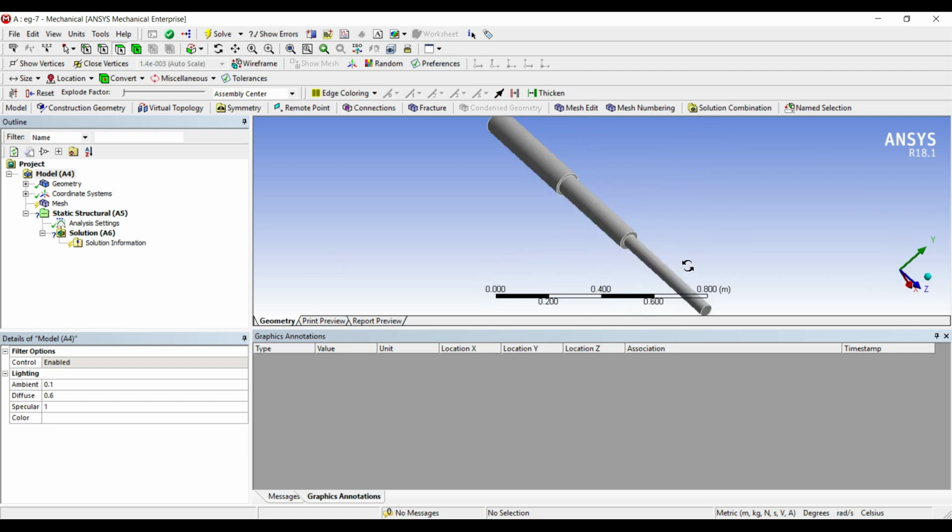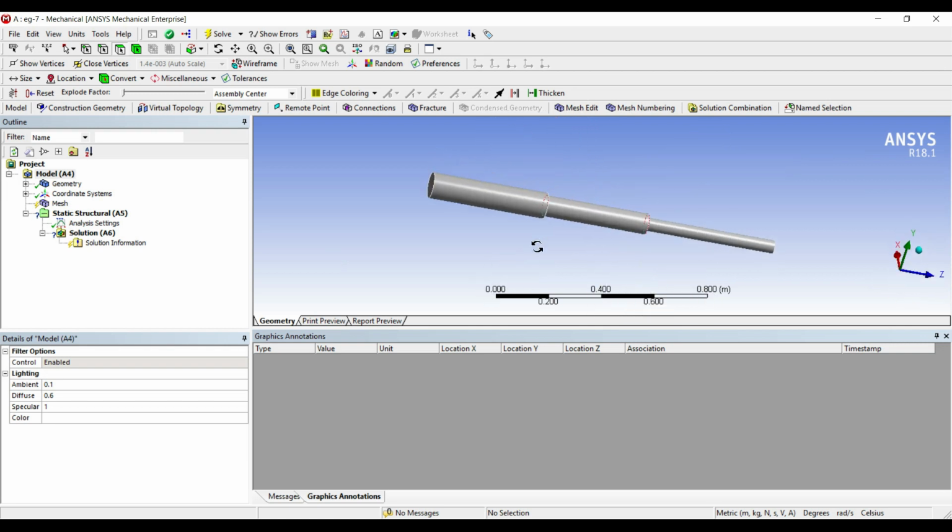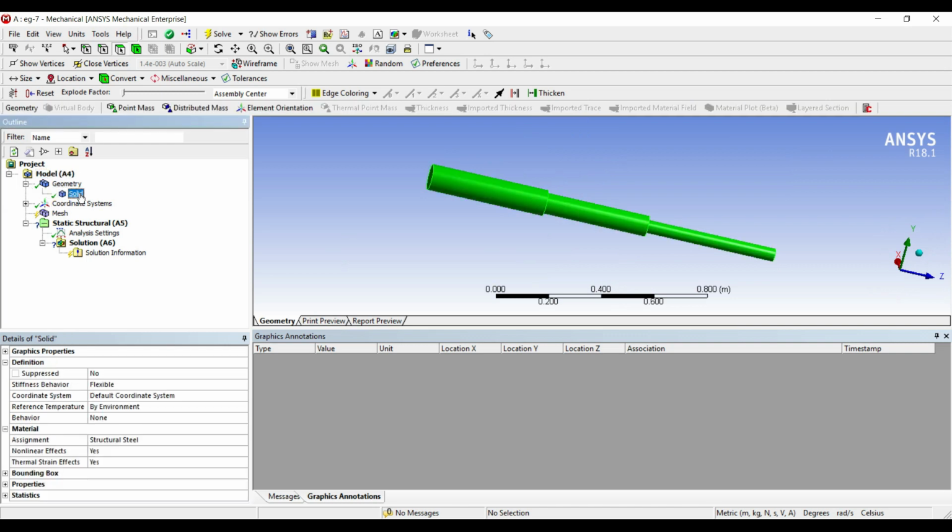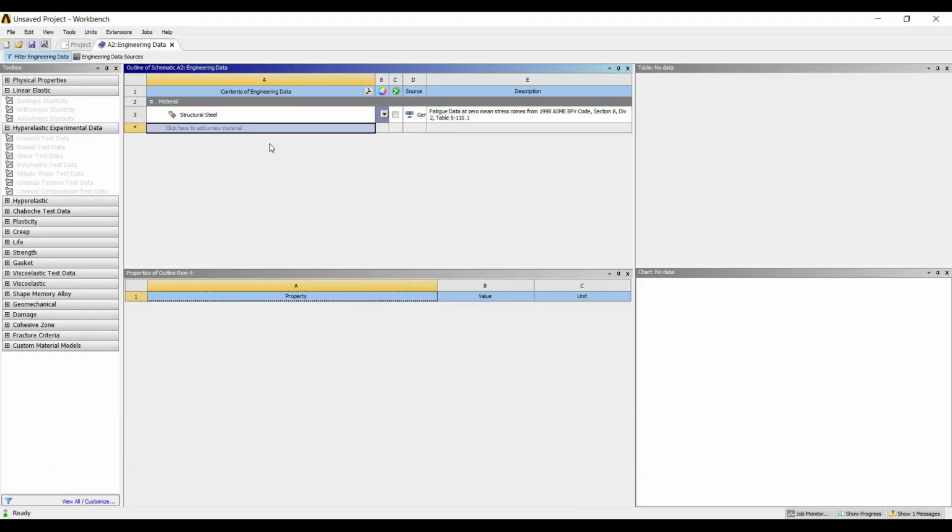I'll align the body along the positive Z axis. I'll first go to geometry. The solid has a different material, not structural steel, so I'll add a new material. OK. I have to create a material. I'll call it M1.